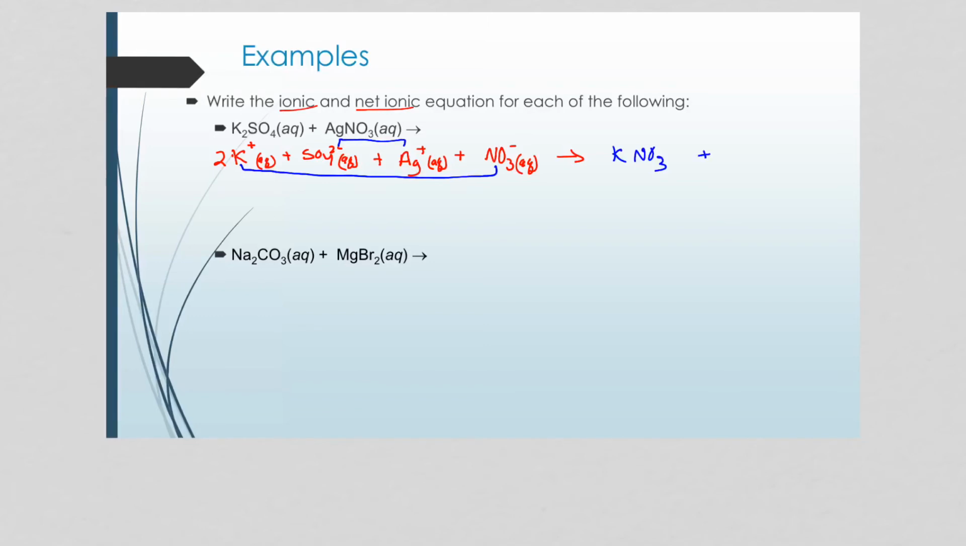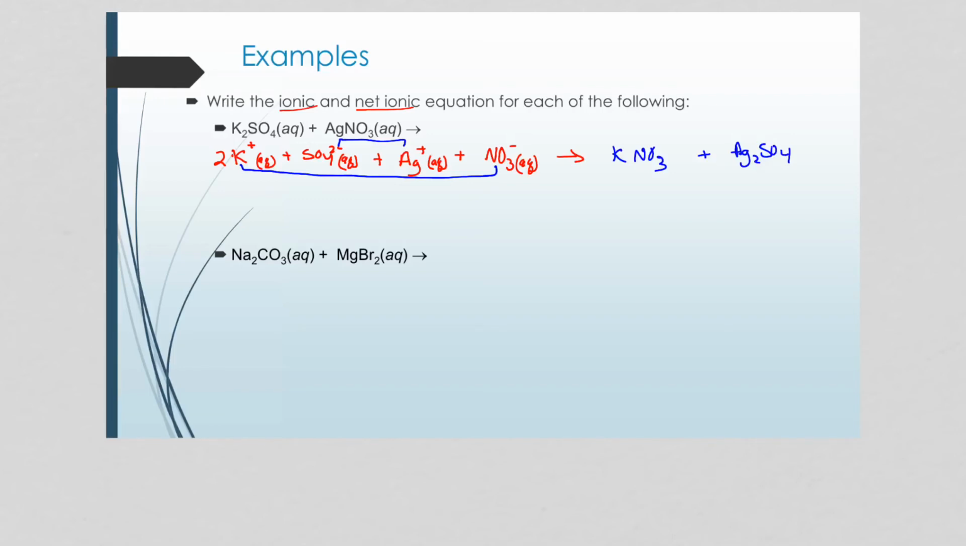And the silver and the sulfate combine. So we got +1, -2, so I need 2 silvers to go with my 1 sulfate. Now,